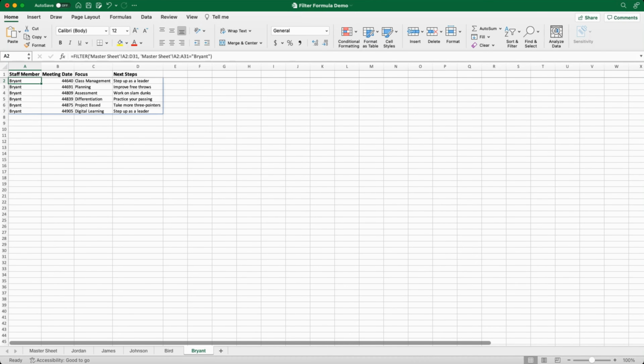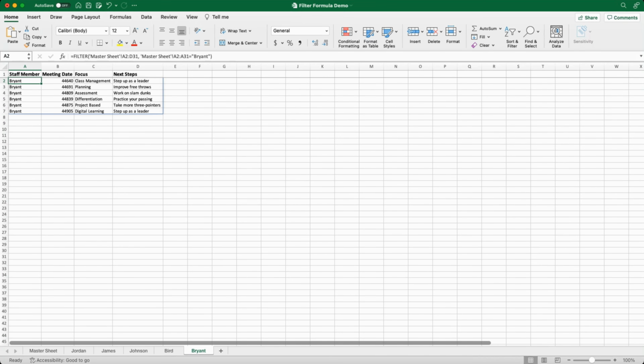Let me just explain how I like to use this filter formula. For me as an educator and as someone who supports teachers, I use this often to separate out meetings that I have with the teachers whom I support. Anytime I meet with a teacher or I visit their classroom, I enter information into a form that then gets put into a spreadsheet like this. And I set up tabs for all teachers that I work with. And anytime I enter new information for them, it recognizes their last name and it automatically populates information into the